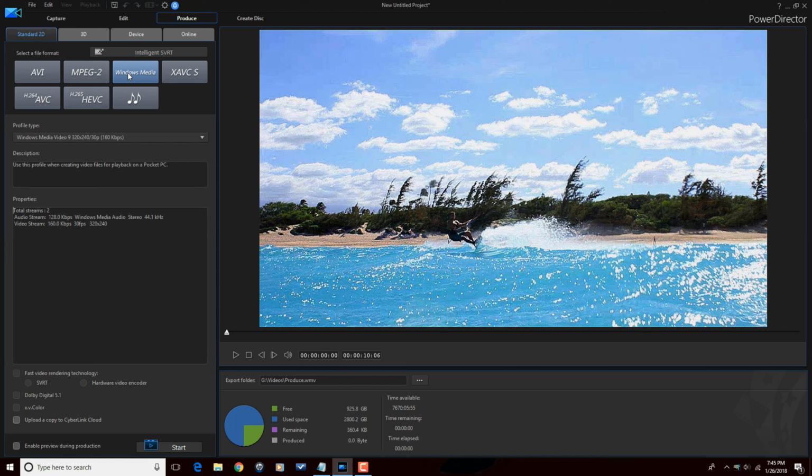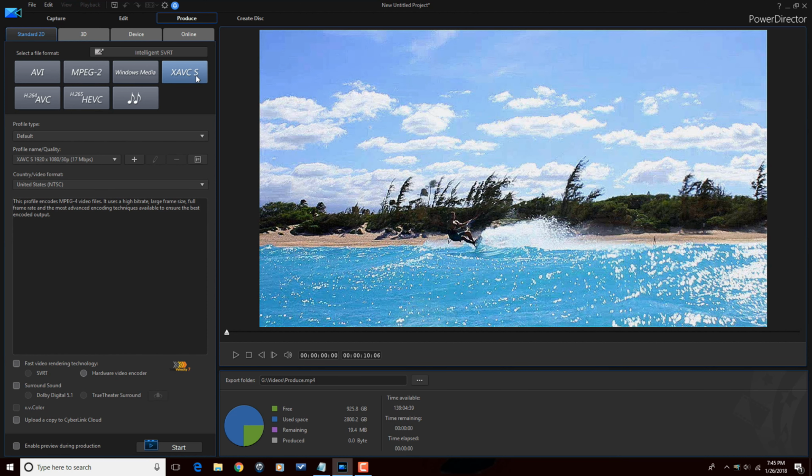So if you're looking to play your video on a wide variety of devices, the WMV format isn't really the best choice. But if you're looking for sticking to Windows or players that play Windows files or even older versions of Office, then WMV should be the way to go.